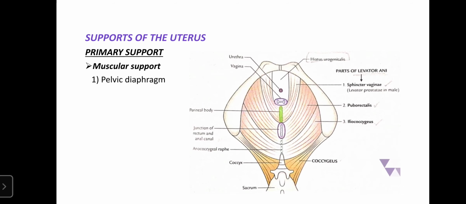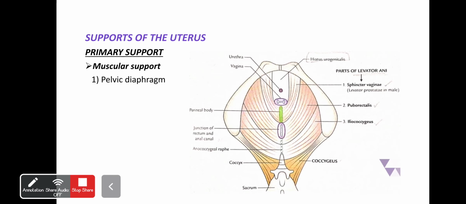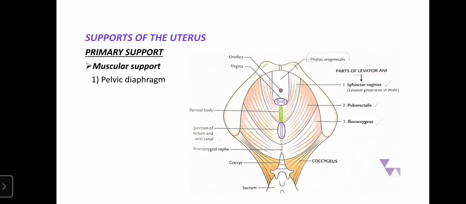So we'll divide the support into the primary and secondary one. And in primary support, we'll be seeing about the muscular support, visceral support, and one more, the fibromuscular support. Okay, and the muscular support includes pelvic diaphragm, perineal body, and urogenital diaphragm. So if you take this